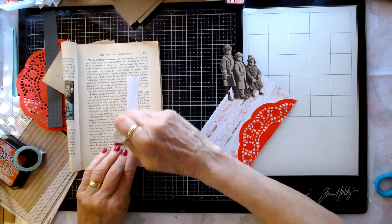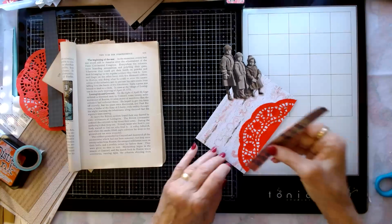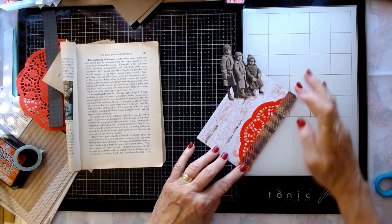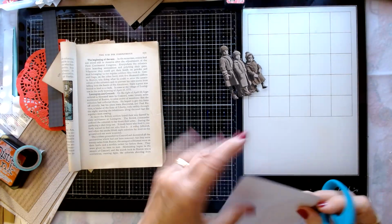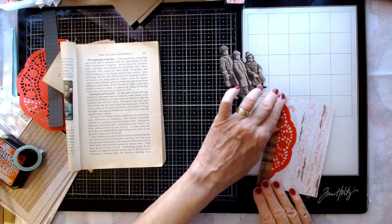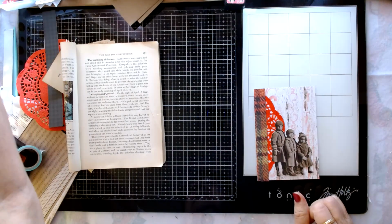Yeah, so I want to use some of my different pieces that I haven't used in a while, which is the doily and my Tim Holtz people. And actually, Tim Holtz, these paper dolls are kind of hard to come by anymore. I like them there, and I do have